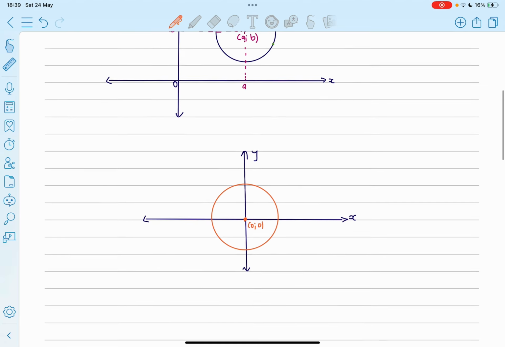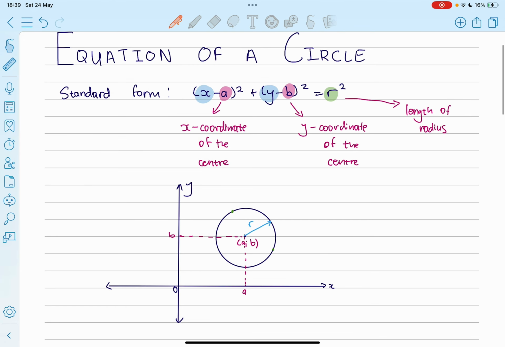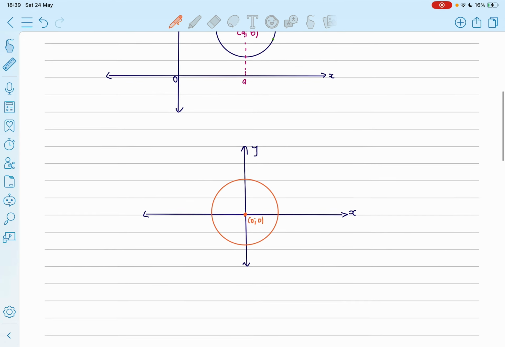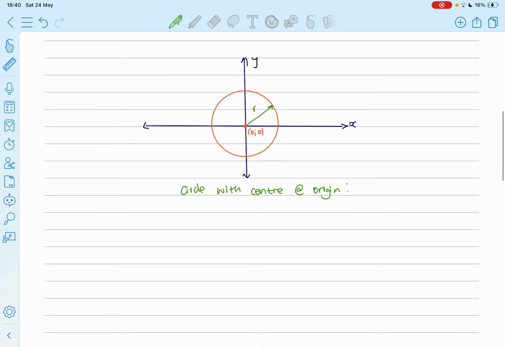And we know that the coordinates of our center are a and b, which we substitute into the standard form over there. So in this type of scenario, just indicate an r. So this is r. So for this circle with center at origin,